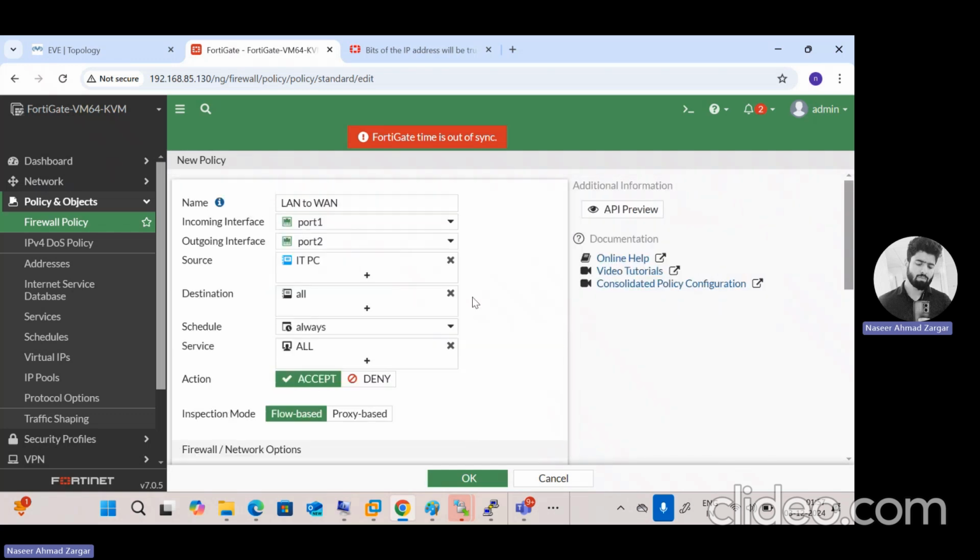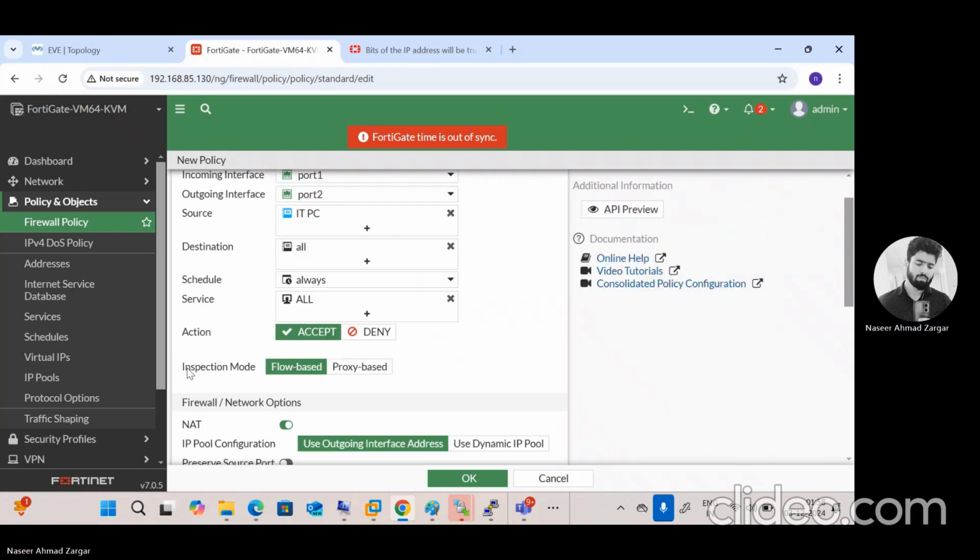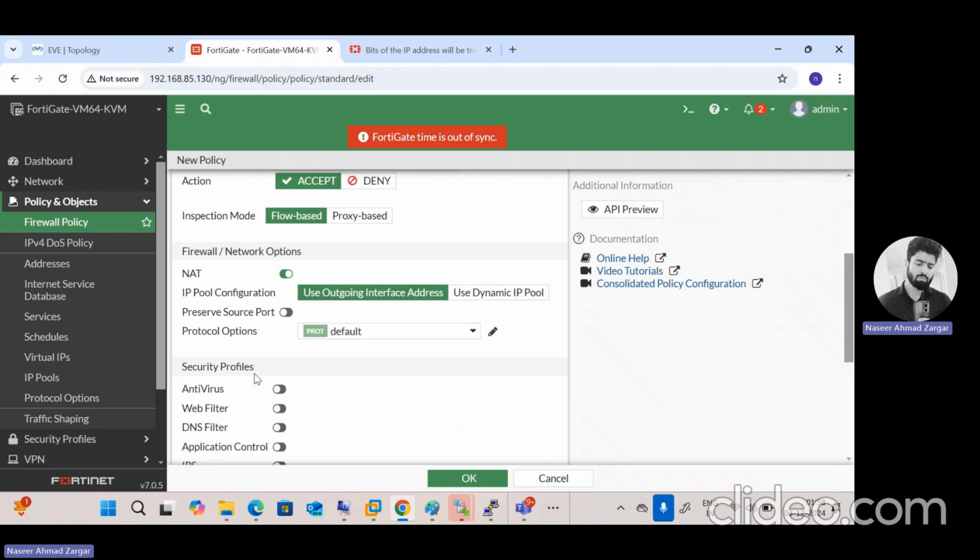Inspection mode is something that we'll be discussing. This is related to the UTM, where your firewall has this capability of inspecting the traffic. So we'll be having a separate chapter for that. Now this is policy based NAT. Definitely we have to NAT the internal IP address to the external one. So that's why I need to turn the NAT option on here, because only the public IPs are routable on